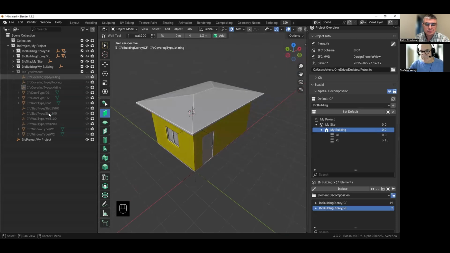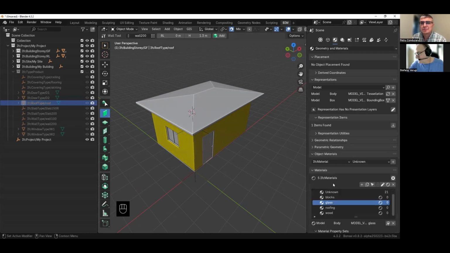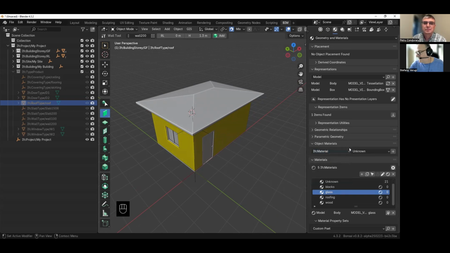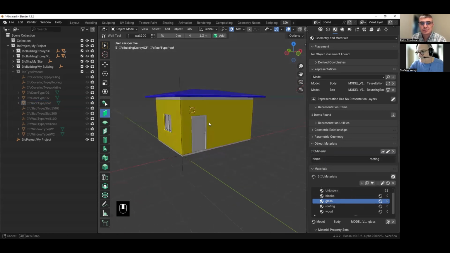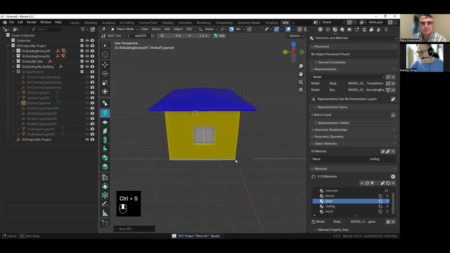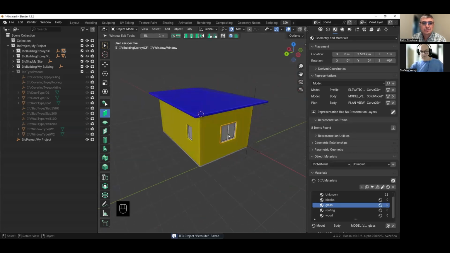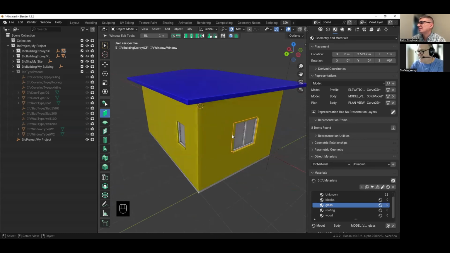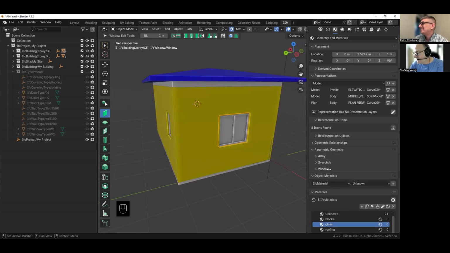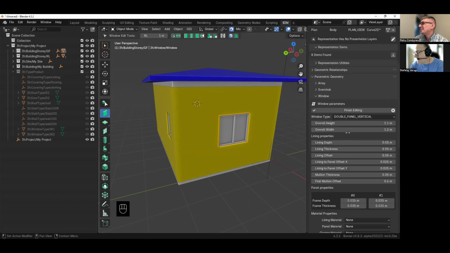Now that we have the roof, we can go into the roof type, select, and assign the material. Material, roofing. Now, let me save. As I said before, the window and doors can use the materials now. So when I select the window, let's hope it's working, I can go into parametric geometry, window, edit,